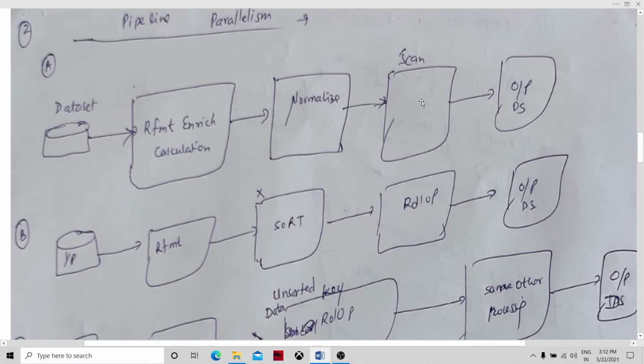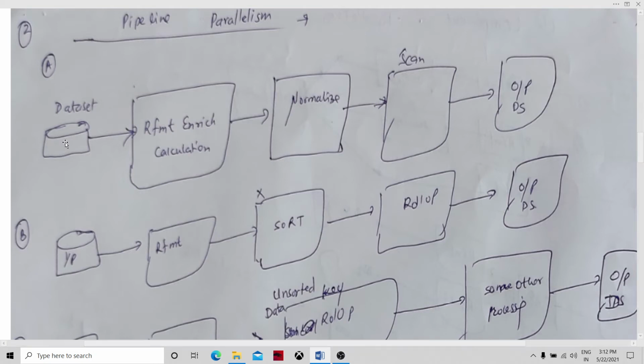Scan is doing operations on the second record, and the third record is processed by the normalize component, and the fourth record is processed by the reformat component, and the fifth record is just going out from the input data sets.